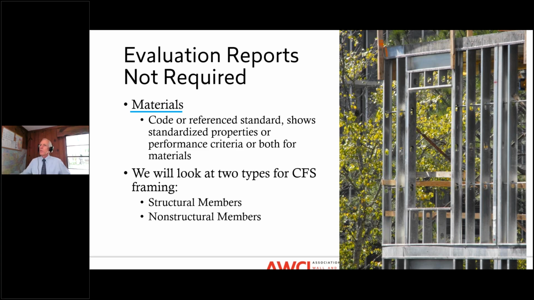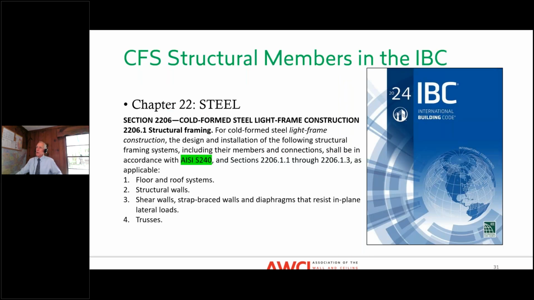So those thicker materials can only go into structural walls that experience exterior wind loads or gravity loads from up above. So I've kind of color coded this. I've put the green color as the CFS structural members, and there's a violet or purple color that's the CFS non-structural members. But in the International Building Code, section 2206, cold form steel light frame construction, this is where it